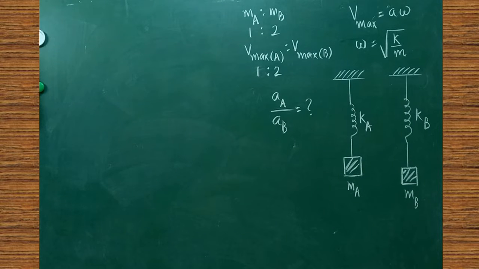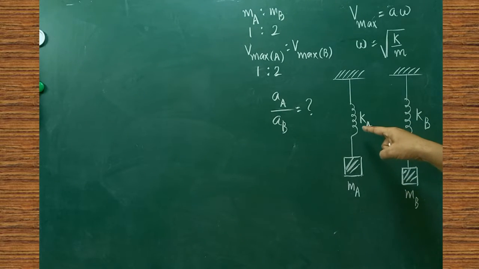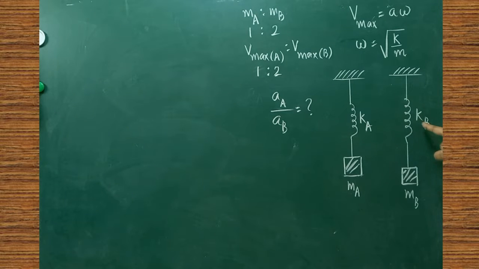Now we are going to solve problem number 5 in chapter 10, objective questions, which is given on page number 218. First I will explain the problem. Here two oscillating spring systems are there with masses. The spring constant of the first spring is Ka, the spring constant of the second spring is Kb. The mass attached to the first system is Ma, and the mass attached to the second system is Mb, and